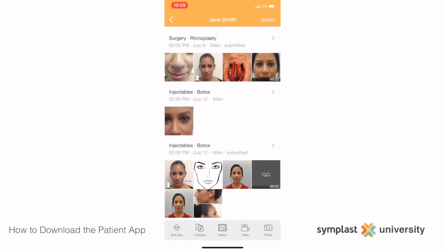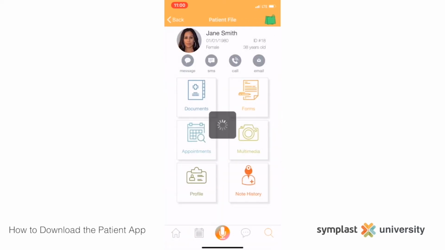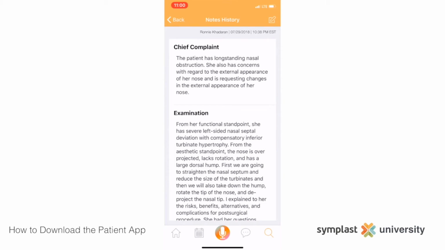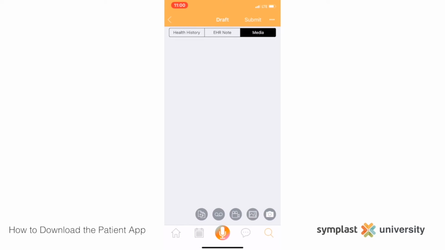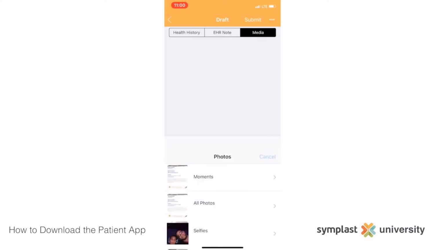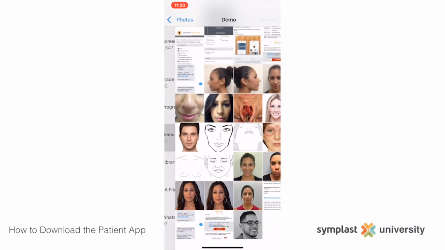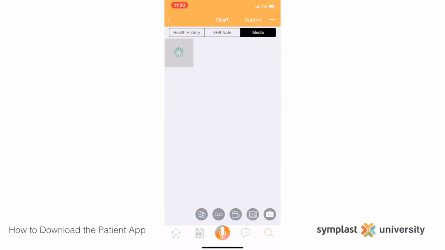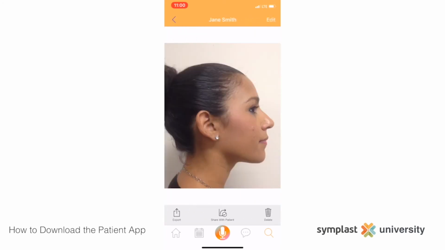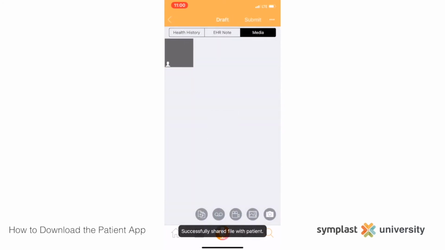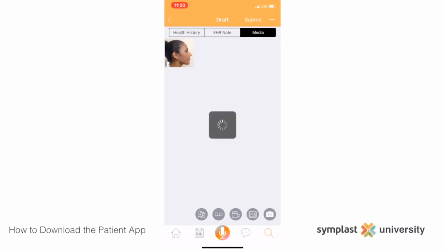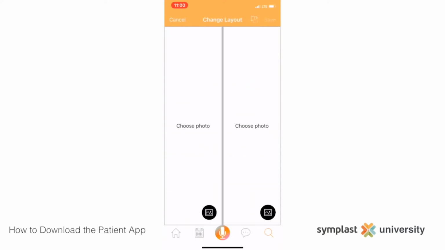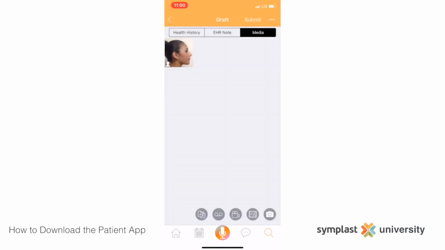In the new EHR section, you may have noticed that you also have the ability to share multimedia directly from the Encounter Notes module. So if I come through here and I have a media file, let's say I'm going to upload something from my gallery. All I have to do, just like when I was in the Multimedia Manager, is tap on the image and hit Share with Patient. So now, if I had made a before-after comparison from my EHR note and I wanted to share it very conveniently while I'm in the note, I can do that,